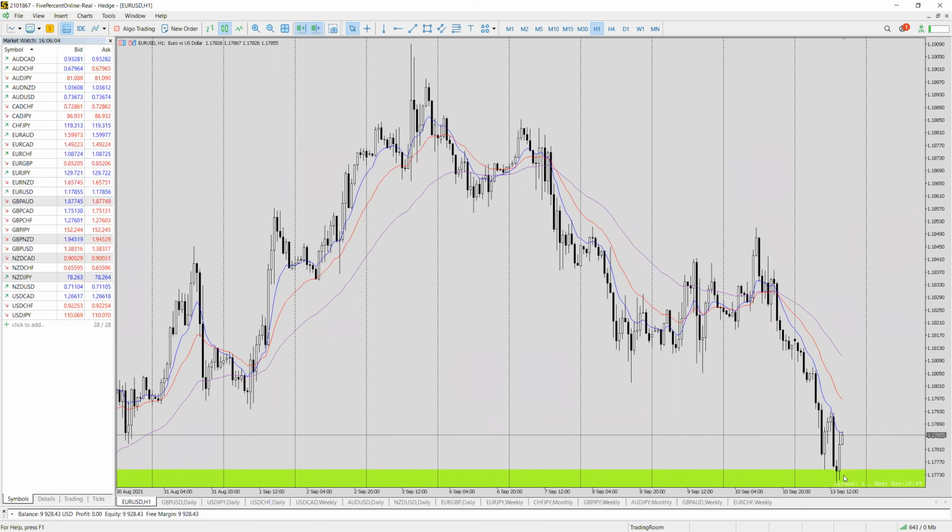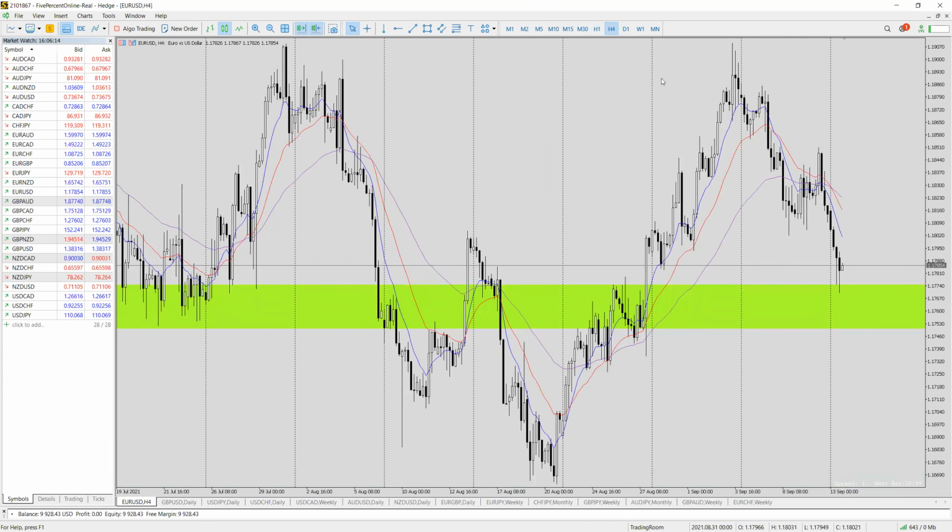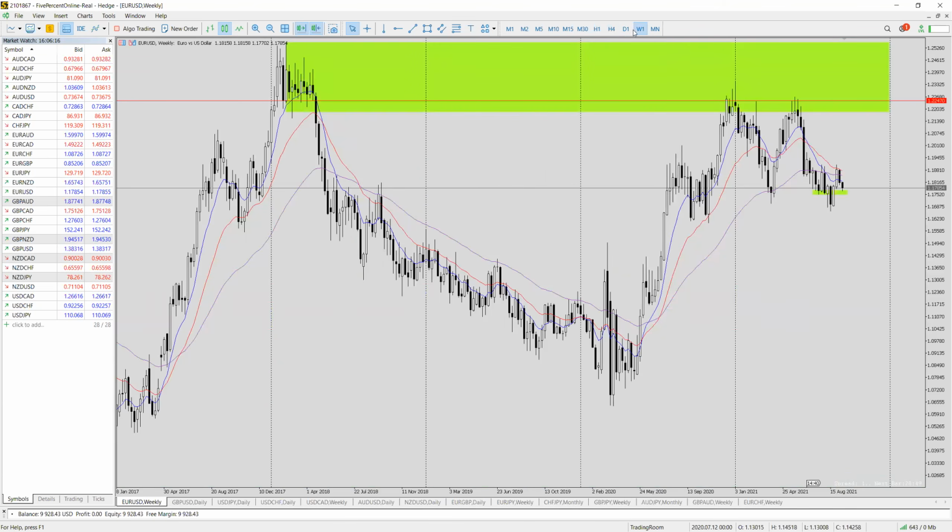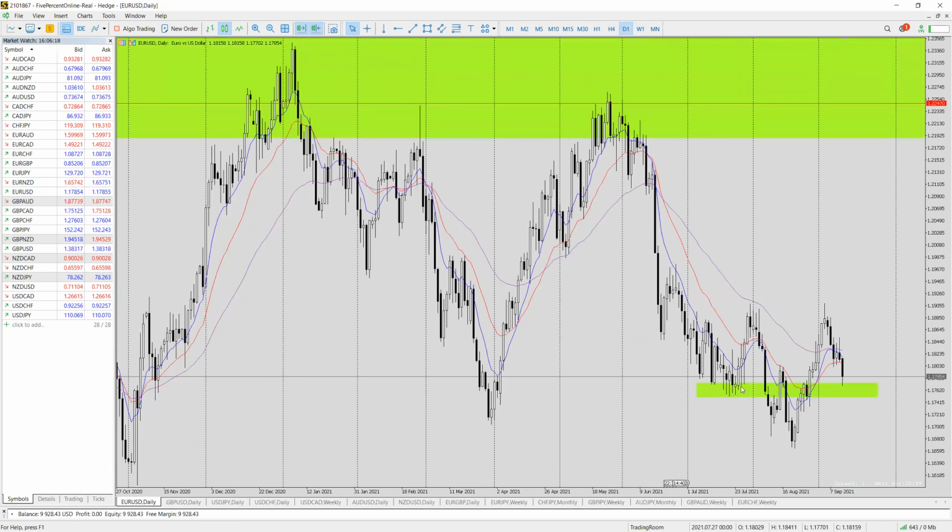I'm sure there's also a bullish divergence in some of the oscillators, but there's sort of an engulfing candle here on the hourly chart. So just be aware of this zone. Again, I drew it on the